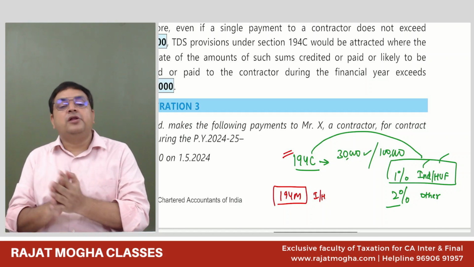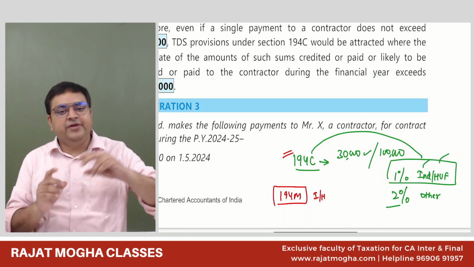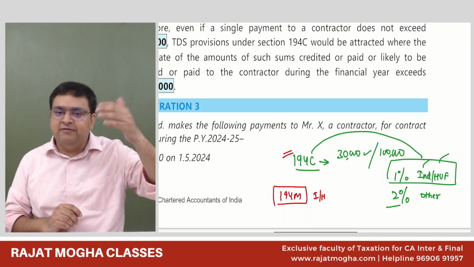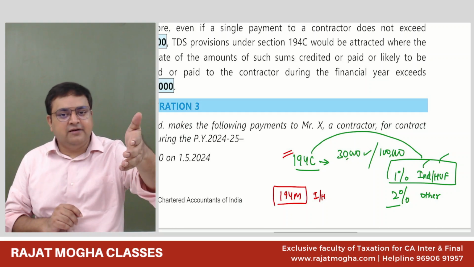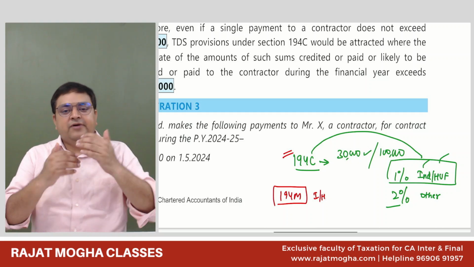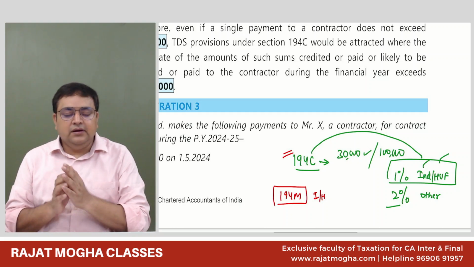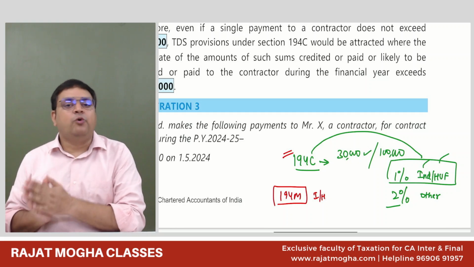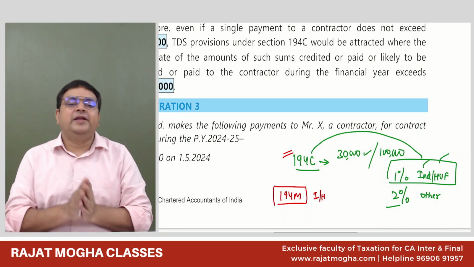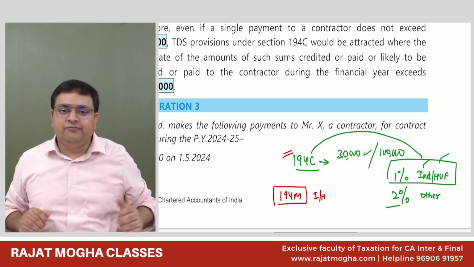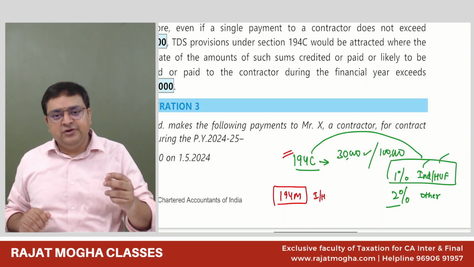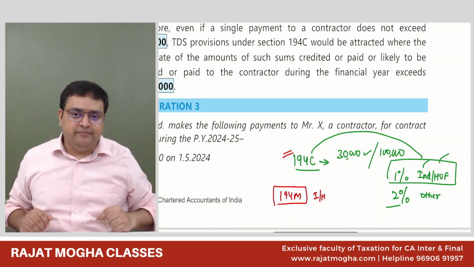So let's say who are not covered in 194C. See, everybody other than individual or HUF is covered in 194C. Companies are covered in 194C. Partnership firms are covered in 194C. But 194M, individual or HUF who are small, let's say whose turnover of the last year is not more than 1 crore in case of business, not more than 50 lakh in case of profession. So those individual or HUF can deduct TDS under 194M.